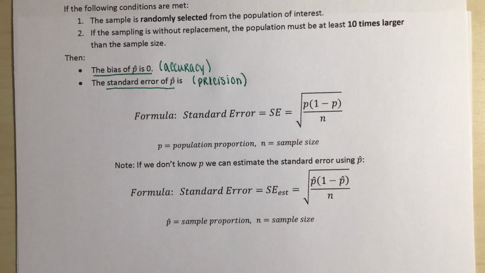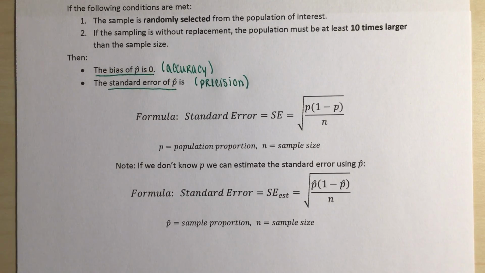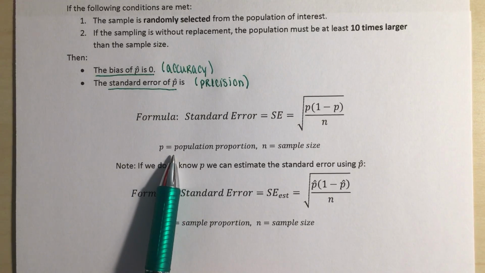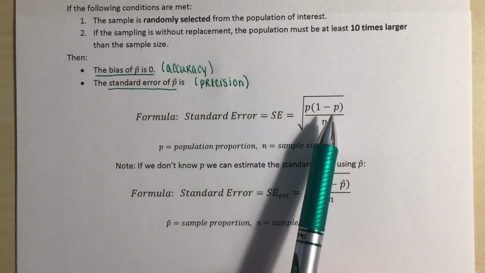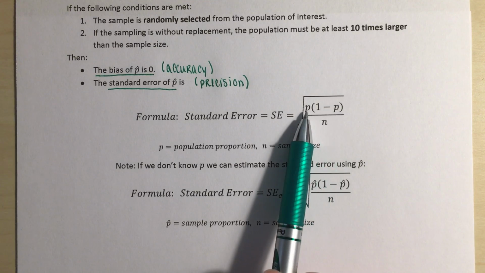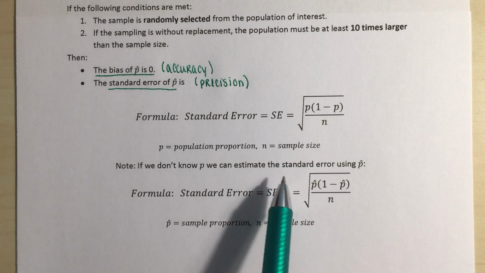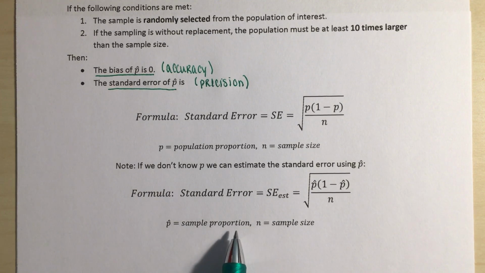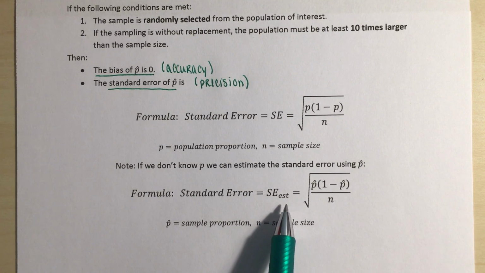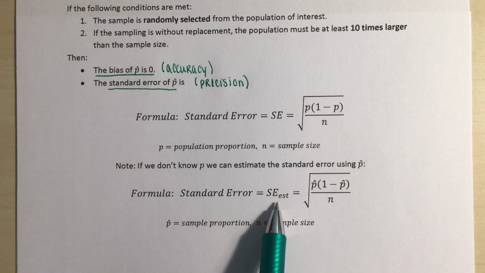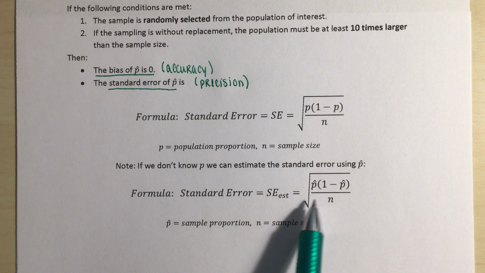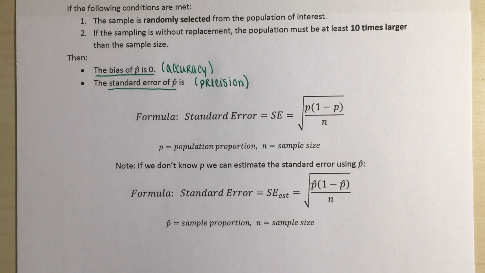Right? And when we're getting our standard error formula, if we know our population proportion, then we can plug our population proportion in here for p. If we don't know our population proportion, we can estimate it using our sample proportion. So this little EST means we're estimating using our sample proportion, which, if we see this little EST here for our estimation, that means that these p's need to have a hat on them because they're coming from our sample